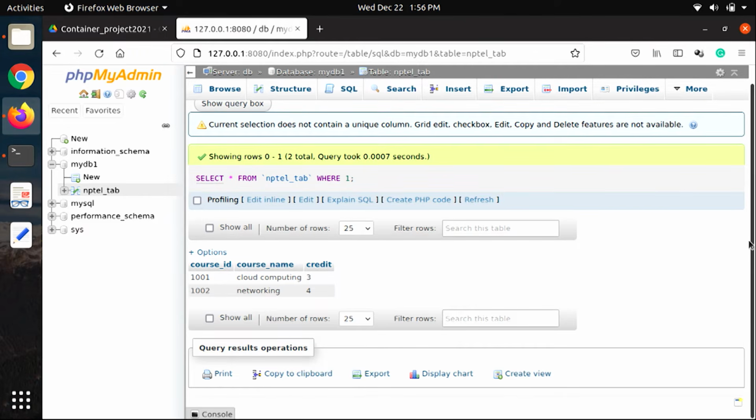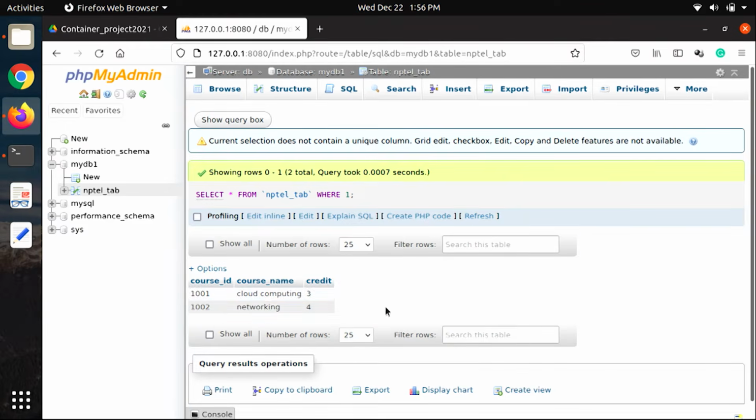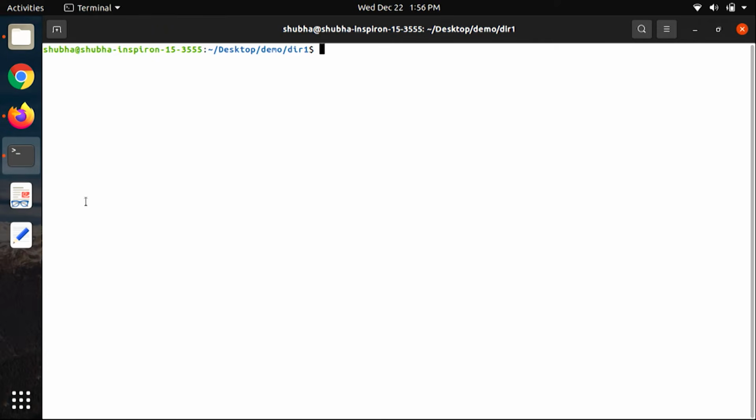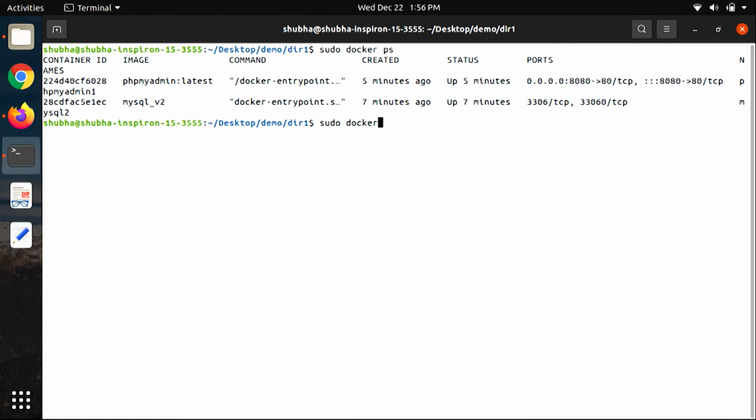Now we can do one thing. We can save this running container into an image, new image. So yeah, for that we will use Docker commit.